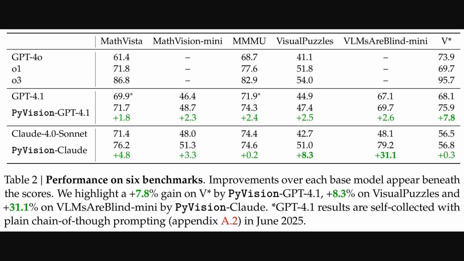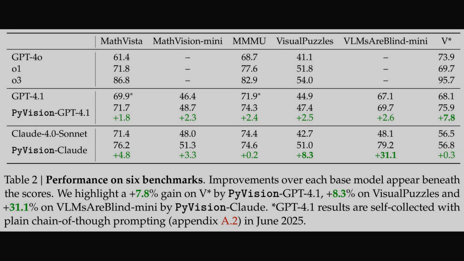Moving to the results, this table really quantifies that performance boost. It lays out the scores on 6 different benchmarks, comparing base models like GPT 4.1 and Claude 4.0 Sonnet against their PyVision enhanced versions. And the improvements, shown in green, are striking. For example, PyVision gives Claude 4.0 Sonnet a massive 31.1% lift on the VLM's R-blind mini benchmark. This shows the framework acts as a powerful amplifier, significantly enhancing the base model's own reasoning capabilities on these tough